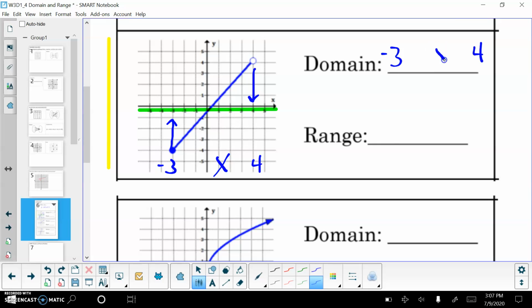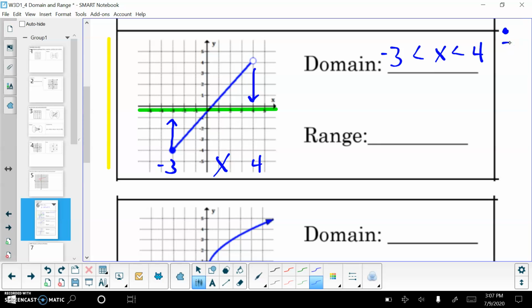I know that domain is my x numbers. And then from yesterday, we remember that we use less than symbols to show that it's everything in between those numbers, the -3 and the 4. And now we've just got to decide if anything gets an underline. Remember, if there's a closed-in dot on one of the boundary numbers, or it actually touches it with a line or curve, that's the same thing as a closed-in dot,